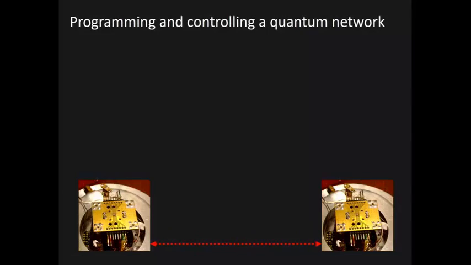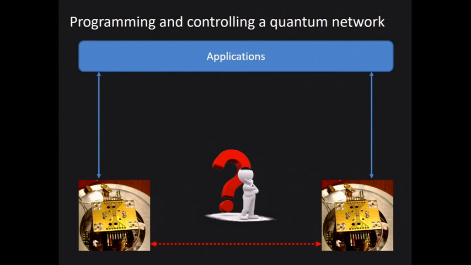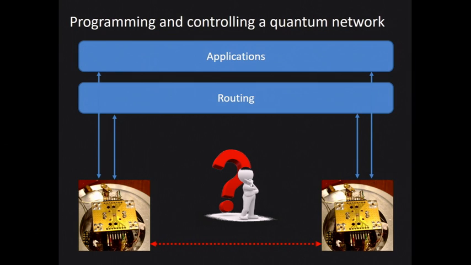And you can now think about how I would go about programming a quantum network. For the physicists here, there's an additional complication in the sense that I don't program just on my local computer. I have at the bottom the hardware, which changes qubits. And somewhere at the top I have some application, like a protocol that exists on paper where it says Alice sends a qubit to Bob, and then Alice measures this, Bob measures that. But of course there's some classical communication required between Alice and Bob to make that happen, that needs to match together with what happens down here. The same goes also if we wanted to route qubits around,